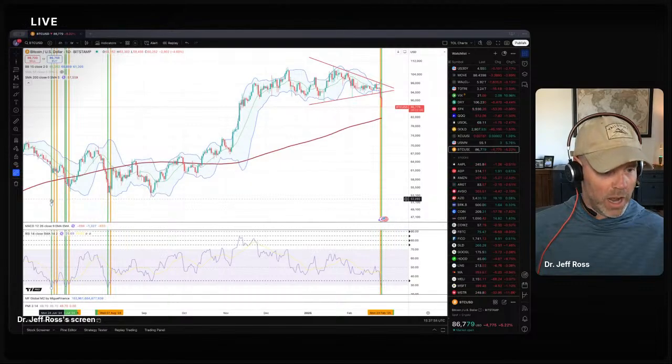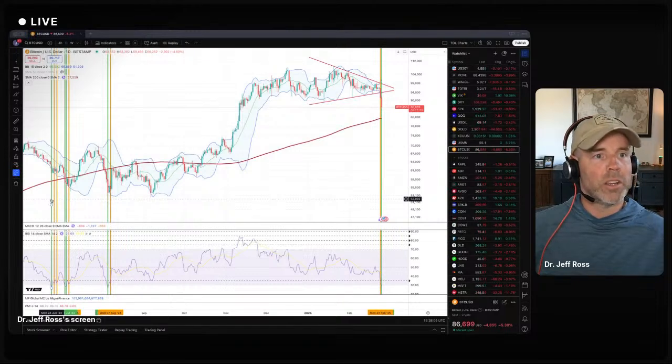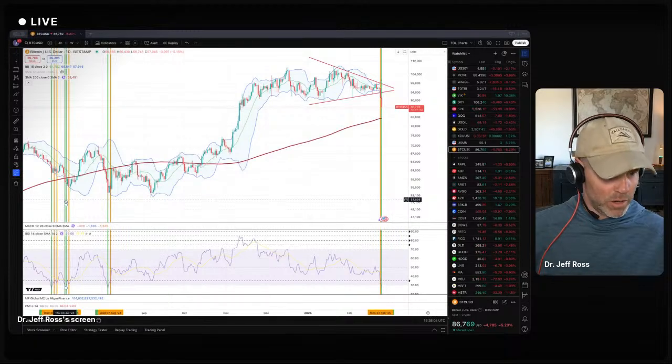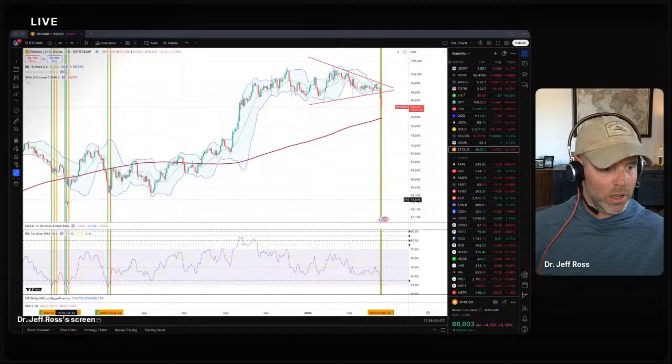So back when it happened, way back on June 24th of 2024, the closing price of Bitcoin was 60,000. Here on July 4th of 2024, the closing price was 57,000. On July 5th, the closing price was 56,000. And then